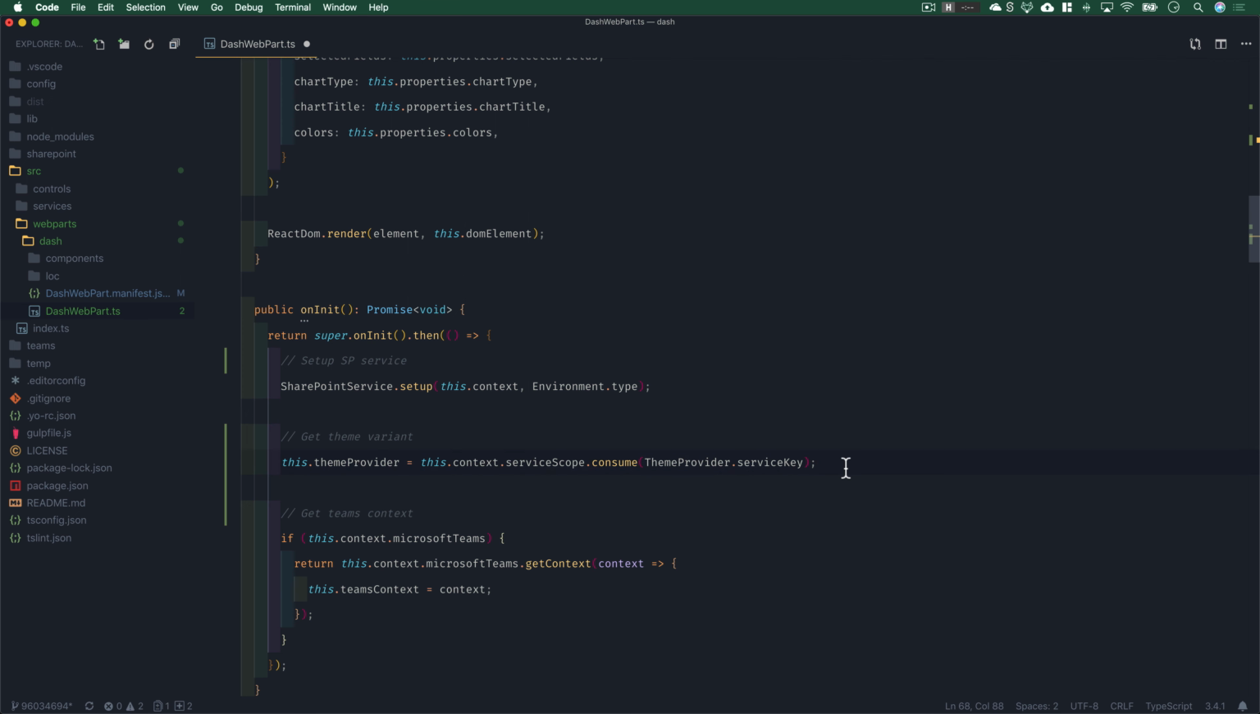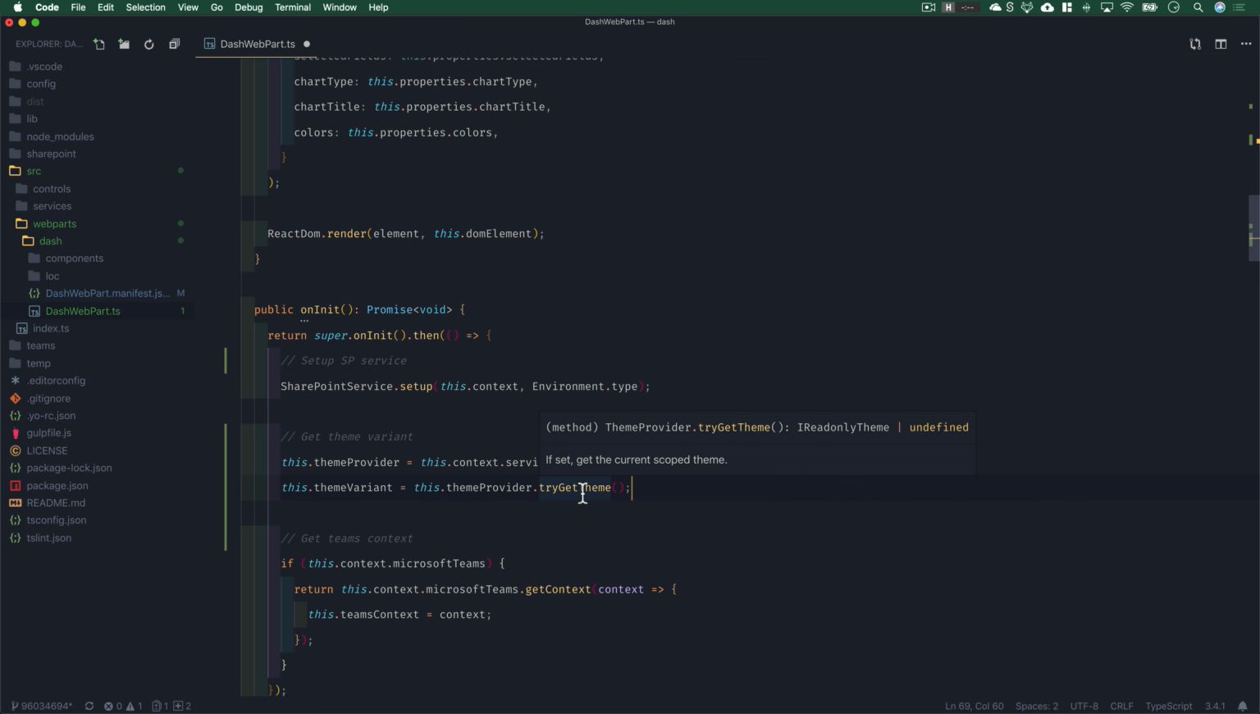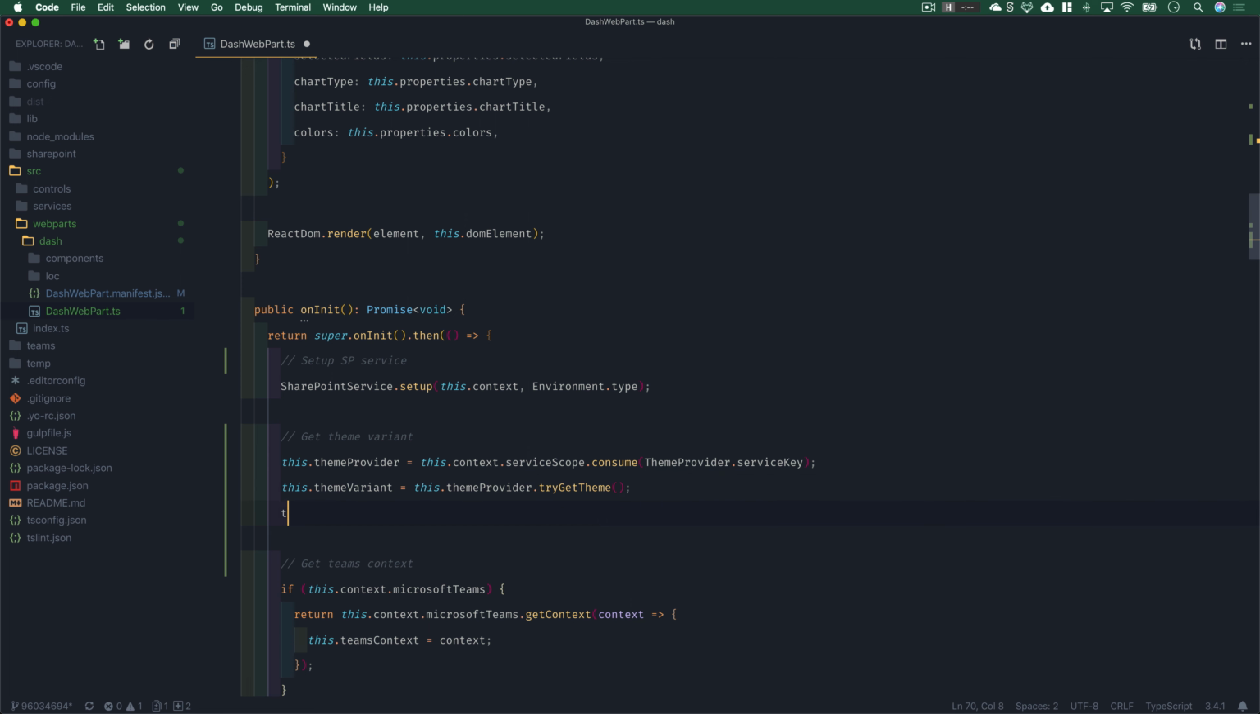And then once you've initialized the theme provider, you can say this.themeVariant is equal to this.themeProvider.tryGetTheme. And that's actually the method on the theme provider object that, if you hover over it, returns the IReadonlyTheme or undefined, and it basically gets the theme. And then once you have that, check out all this cool data you have. You have this.themeVariant